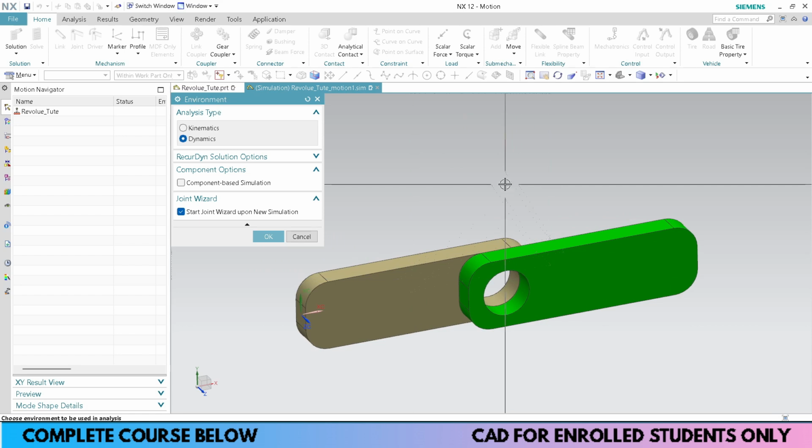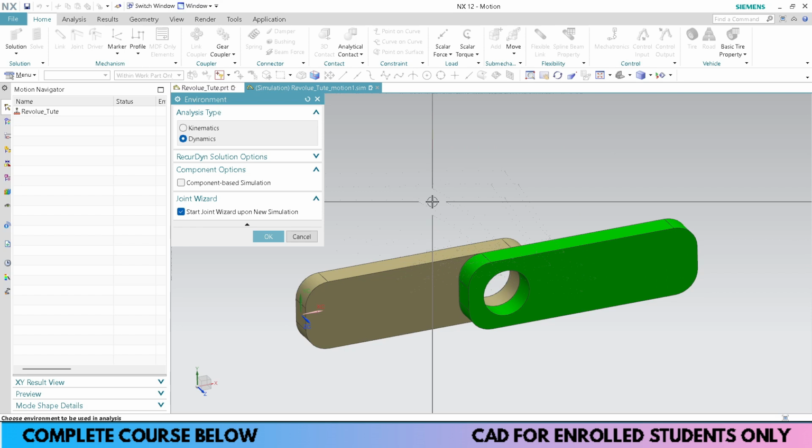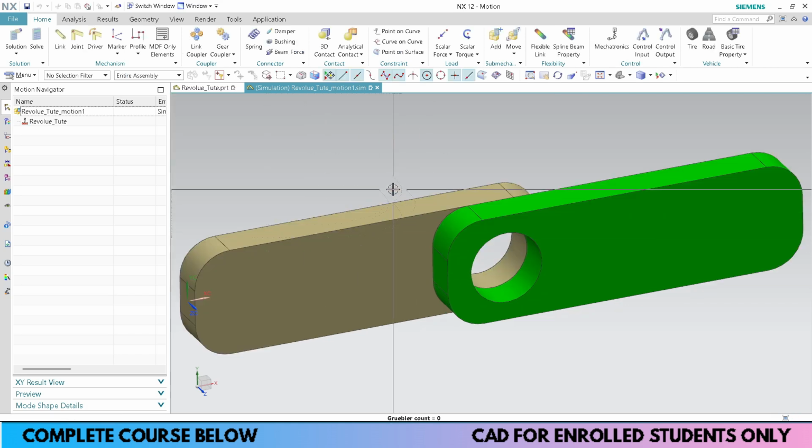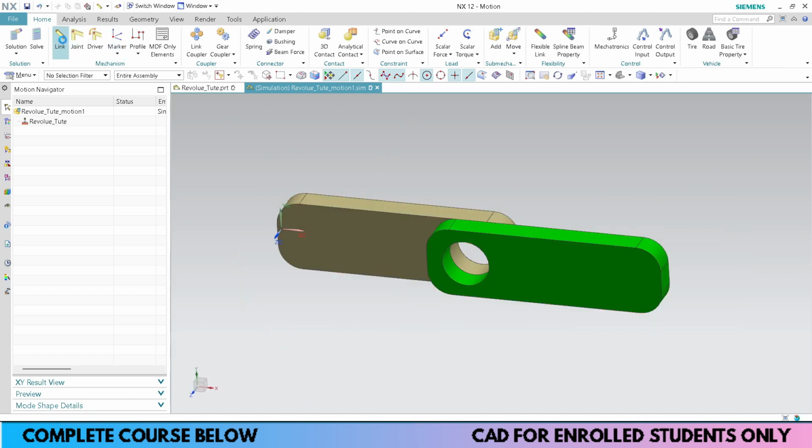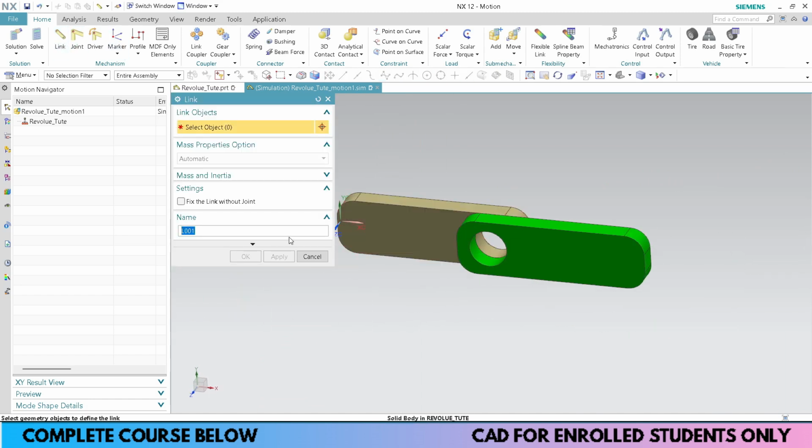And when I'm selecting automatic, that means this would be a cold drawn steel. It actually doesn't matter in our case. And this would be off because I did not give any constraint to the assembly of this body. If I would have done that, then I would have achieved the links and joints automatically, but not required now. Untick this, press OK. Now I'll create two links. First link would be this link. This would be a fixed link.